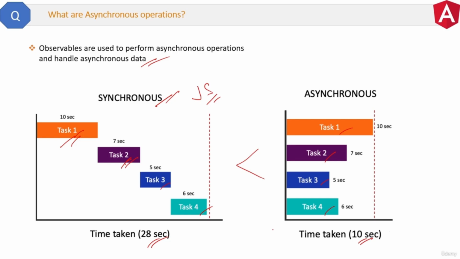Now the question is, how do we achieve asynchronous programming, that is asynchronous operations, in JavaScript? In JavaScript, we use promises, but TypeScript is the superset and advanced version of JavaScript. So here we can use promises and also an advanced technique which is called observables. In upcoming questions, we will see what the differences are between a promise and an observable and why we should use